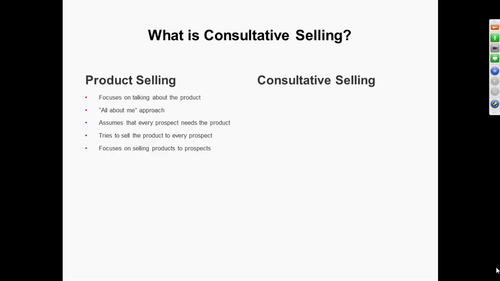This list will make sense when we look at the opposite of what I'm describing here, so bear with me on this. This person tries to sell the product at every step of the sales process. So unless you have a one-call close, instantaneous type of purchase, there's some sort of sales process. And the product selling salesperson will try to sell the product at every step. And it's not to say that at every step of the process, whether that's a cold call or an email or a meeting, an appointment, they're always saying, are you ready to purchase? But they're coming at an angle of, I have this to sell, are you interested?